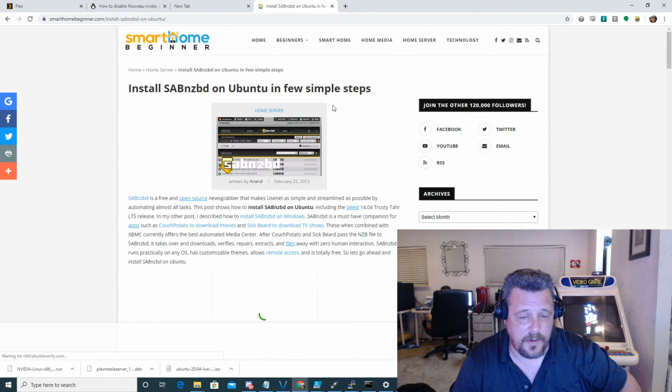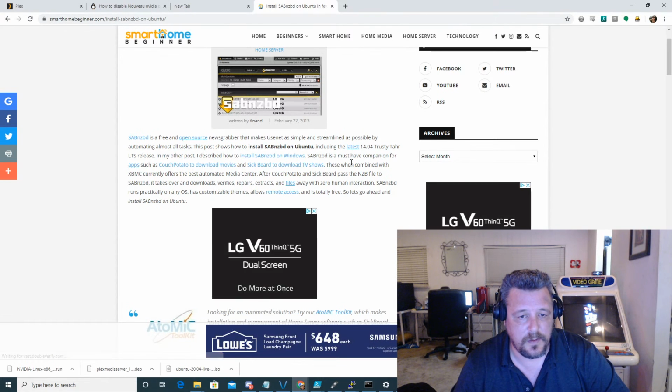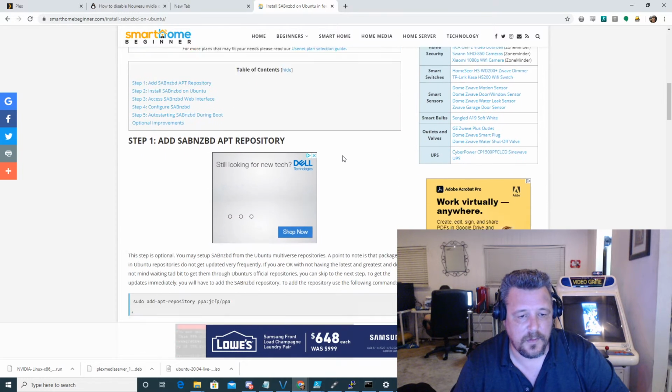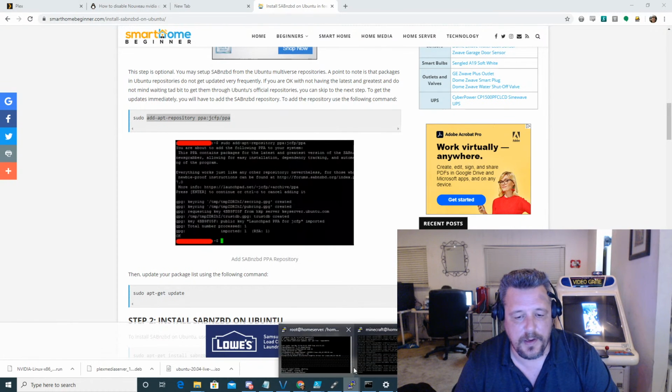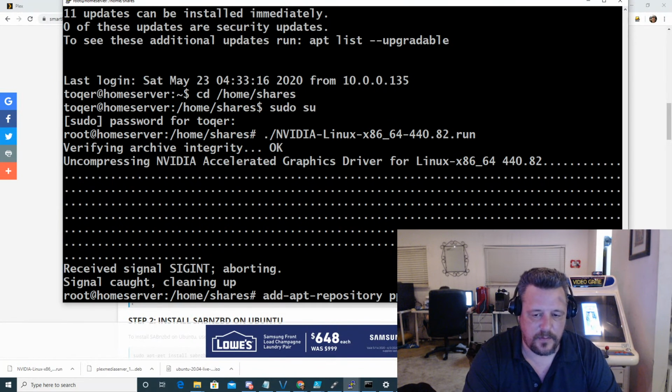See, a lot of this stuff, you just got to make sure you read docs. Okay, well I casually get a quadruple kill. So we're going to add this repository. A repository is just basically a server where there's